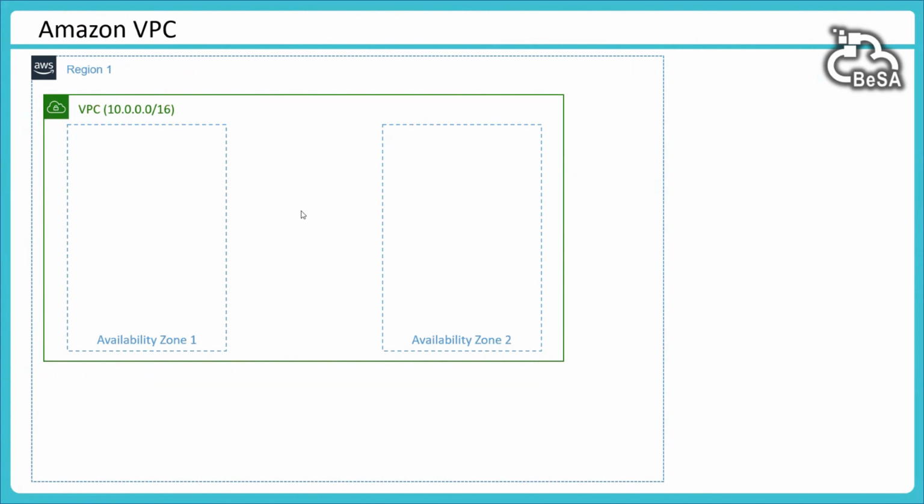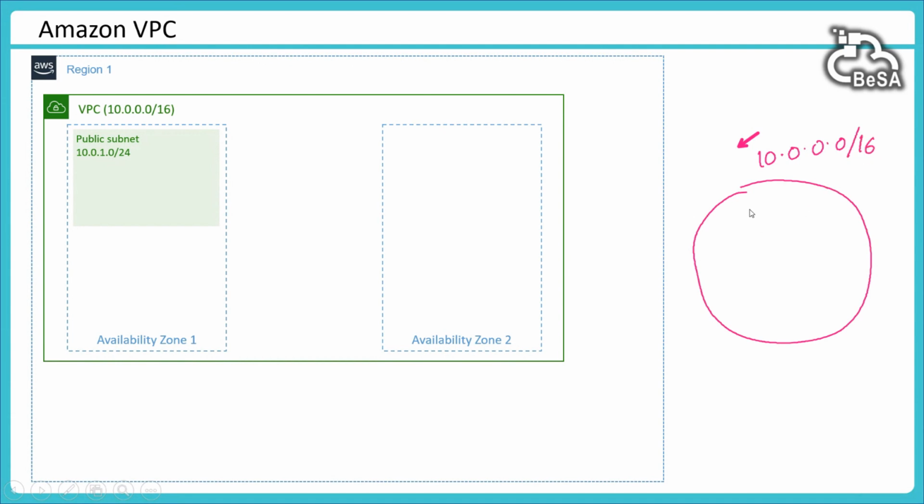And once this is ready, I would then start creating subnets inside. A subnet is a logical isolation within it, like a VLAN. So a VPC spans across multiple availability zones and it has a bigger IP address range. So let's say this was the IP address range we have selected